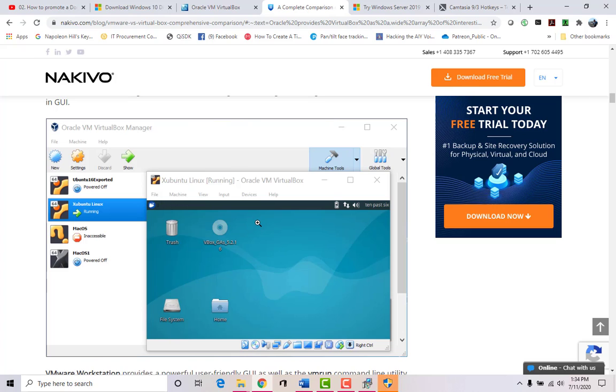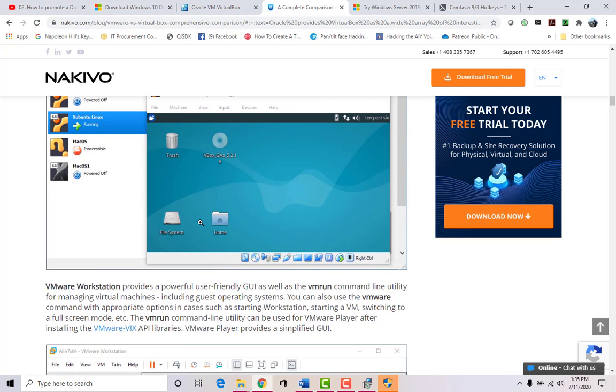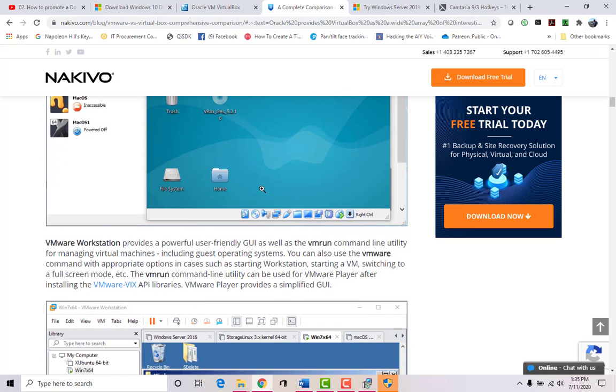So in this lab, we're going to install the first server, and then after that we're also going to install a Unix machine and another workstation like a Windows 10 machine, and we're going to interconnect them inside this environment without affecting your computer, because after that all you have to do is delete the files and delete the entire program, and you're done. Your computer will never even notice that you did all of these things. So it's a great way to learn and practice and run other operating systems inside your machine.